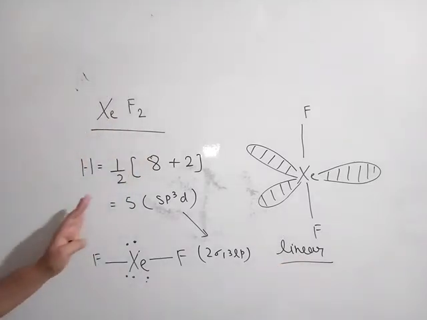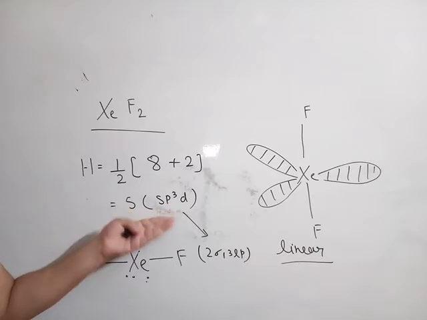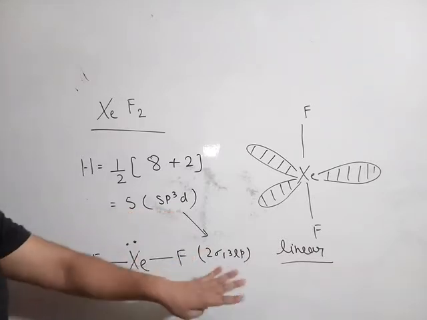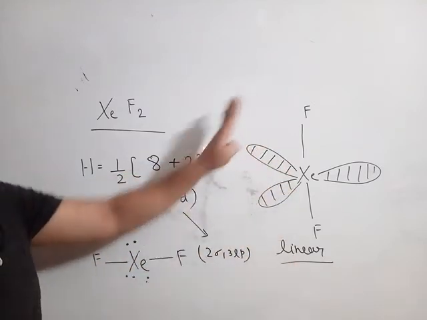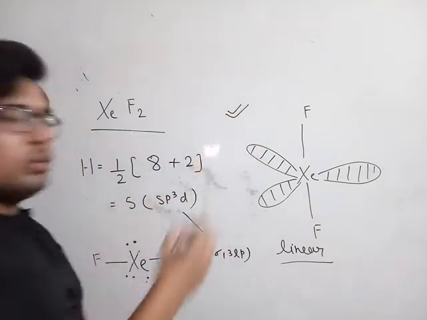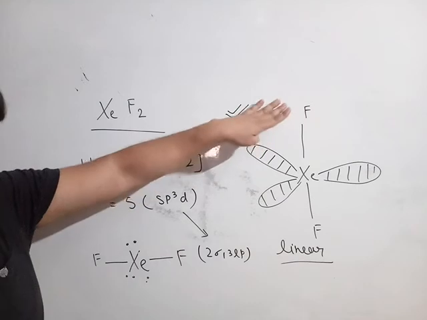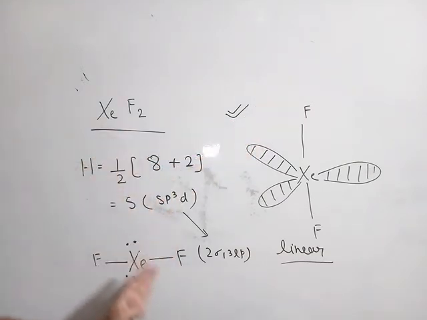I think it is all clear to you. What is the first step? First step is to calculate the hybridization here. Then check what is the case. Roughly you have to check the case here, and then you would know which type of shape it will form, and then you can just draw the shape here. In exam actually you have to just draw the shape. So if you know the shape well, you can just directly draw it, because marks are for drawing here. But if you know the concept, you can go by the long process also.